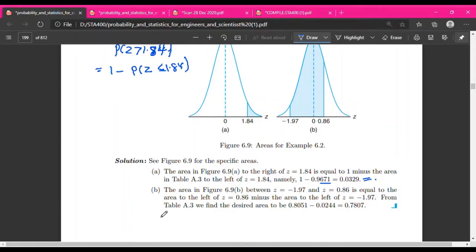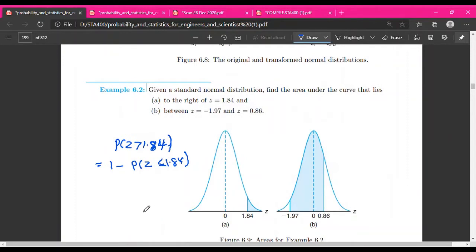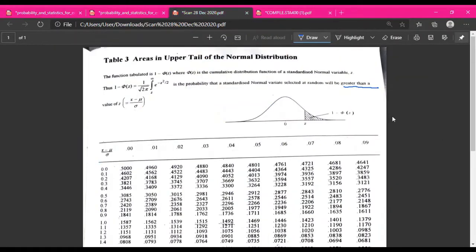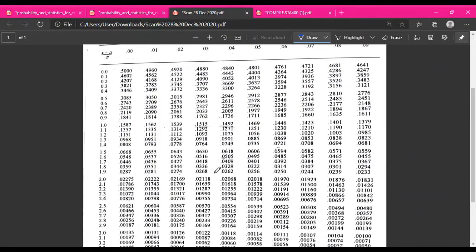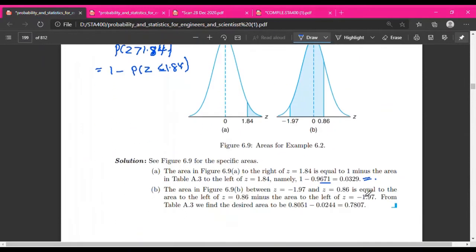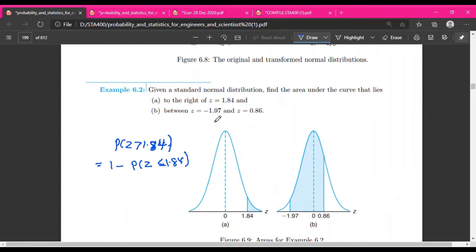Kalau gunakan table more than, terus you boleh ambil daripada value table sebab dia dah more than kat sini. So just terus cari 1.84. Okay, sebab ni table more than. Okay, 1.84. Here. So the answer is 0.0329. Alright. So let's say yang ni pula nak cari probability of Z is between negative